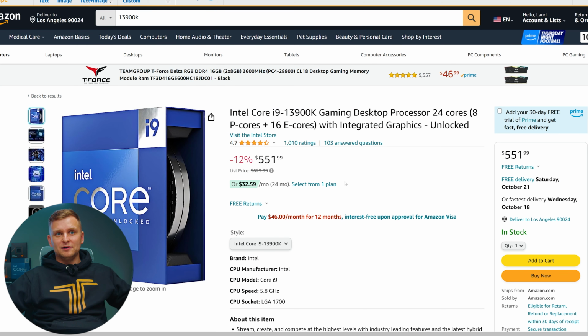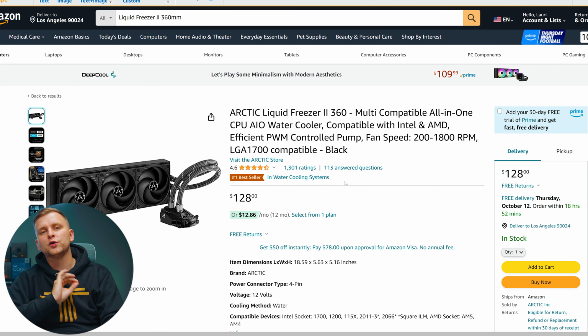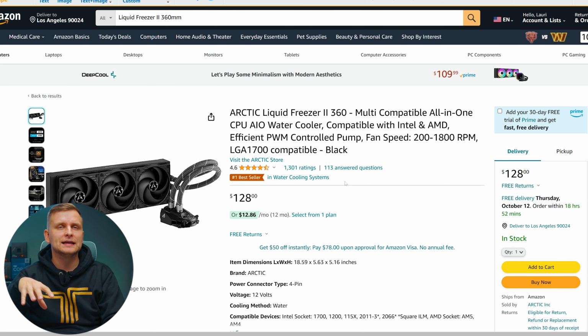It's absolutely incredible. This architecture really works for creators, and I think actually a little bit more for creators than gamers, to be honest. The gamers got a little bit scammed for this, but for creators, this really works. It's absolutely amazing. And to cool this CPU, we're going to be using the Arctic Liquid Freezer